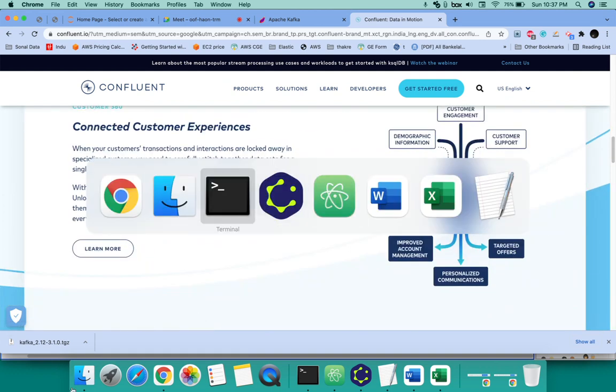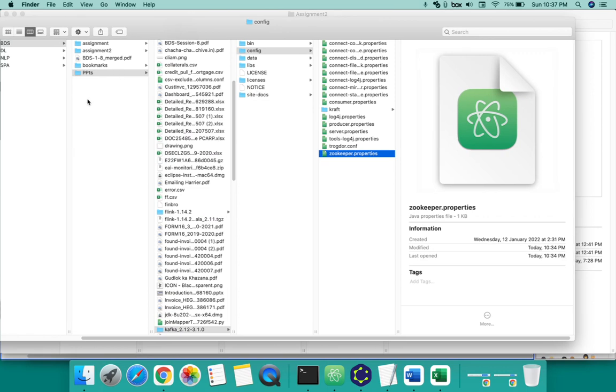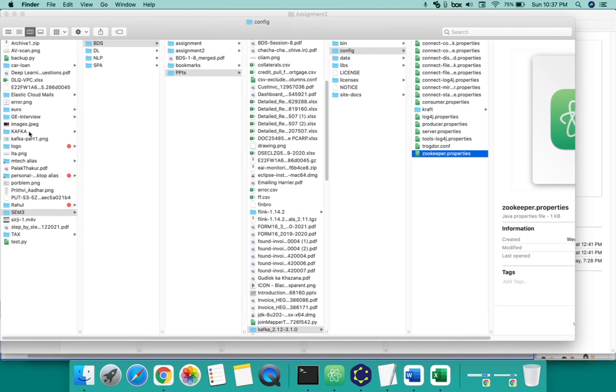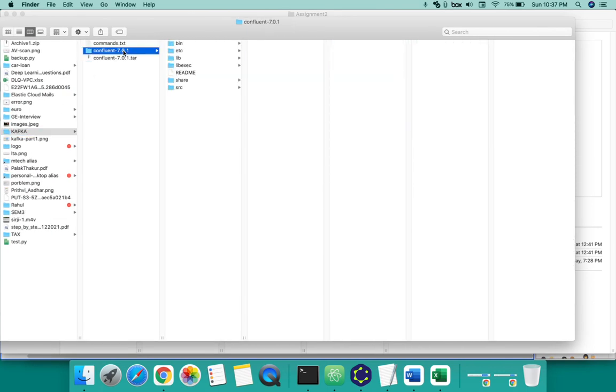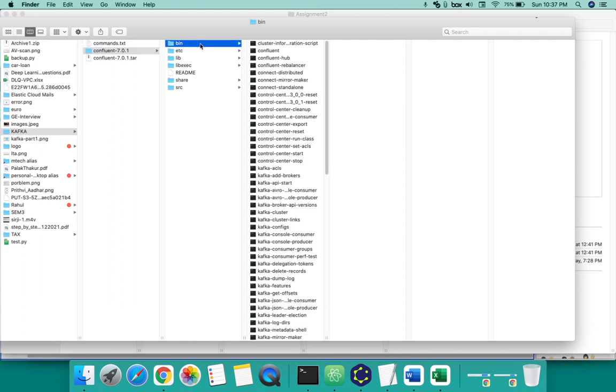Just go to the Kafka directory. I had done this one, so let me show you. When you get a tar, you will just untar it. For Windows, it is there. This is for Mac. Click here. Just go into the bin,